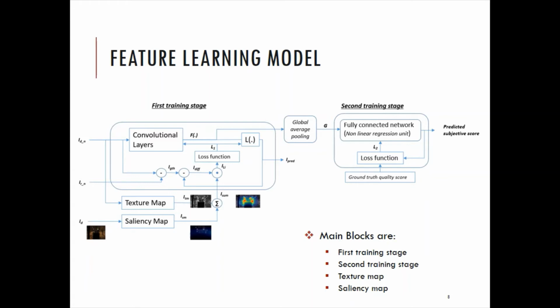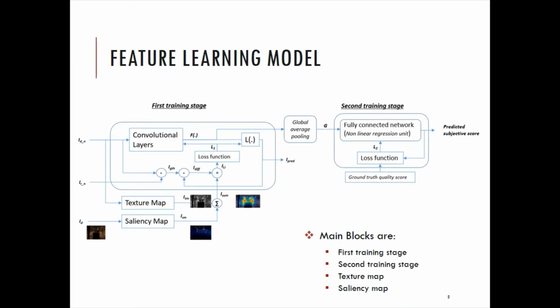IDN is input to the convolutional layer. It is also used to generate the ground truth distorted image IGTH by subtracting it from normalized reference image IRN. IGTH helps to calculate the loss function required to regress the first training stage. The convolutional layers of the first training stage will generate a feature map F0. Its purpose is to get the expected output image I predicted image using the linear activation function based convolutional layer